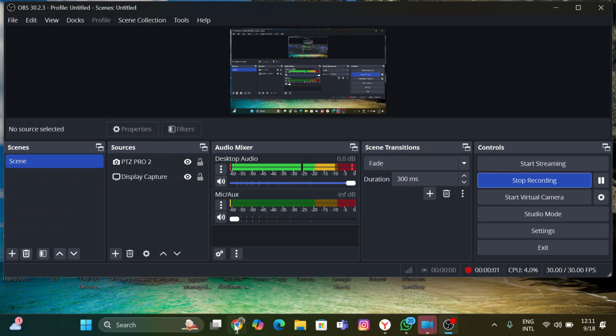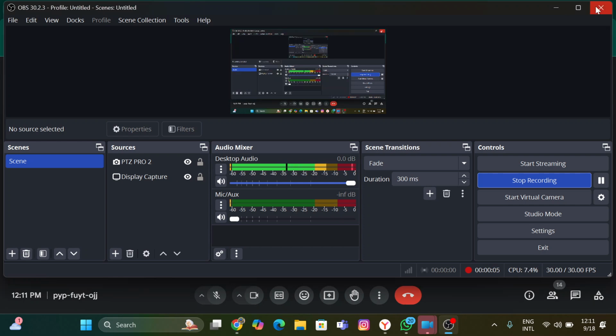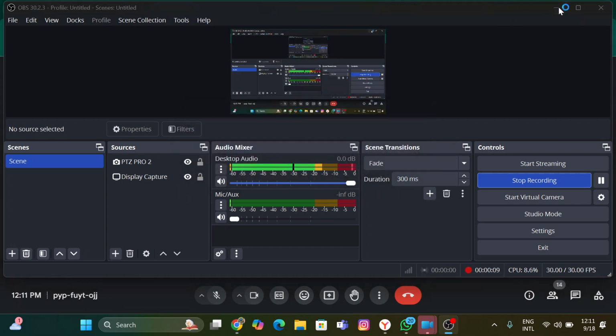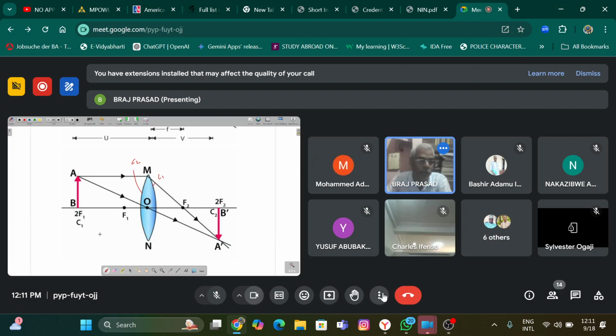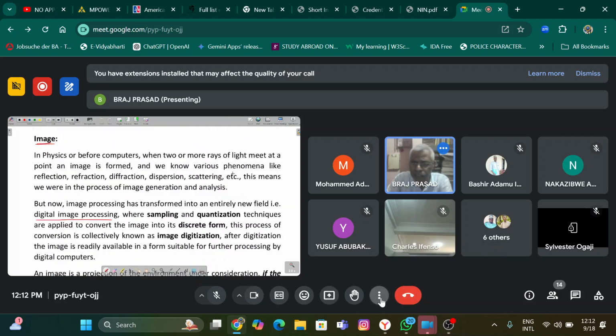By which we can draw the image of any object by using a lens. We can also use other sources, like a camera, single camera or multiple cameras. All cameras are based on the same principle. So I have written here,